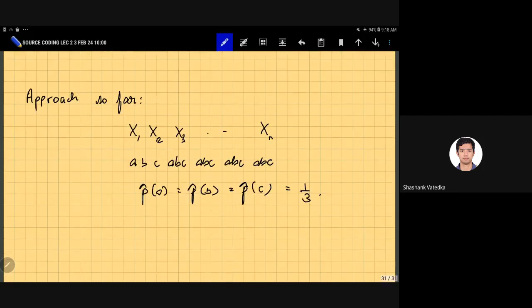Okay, so we observe this sequence, and then using these probabilities, we go about designing a code. It could either be the Shannon code, or the Shannon-Fano-Elias code, or the Huffman code, or maybe even the arithmetic code. So using this, we construct a code. We would estimate this. That would be the first step. The second step would be